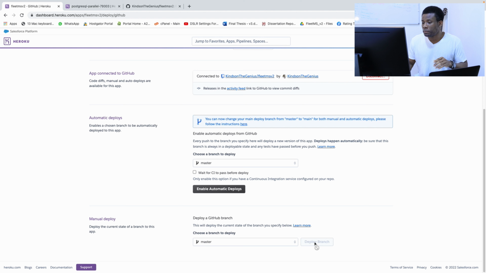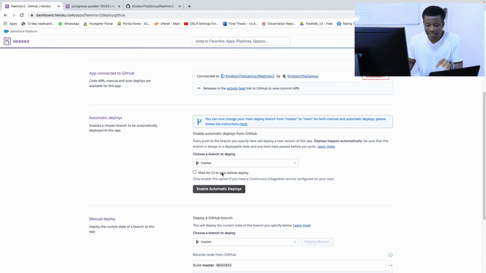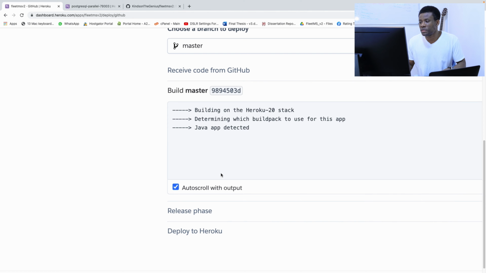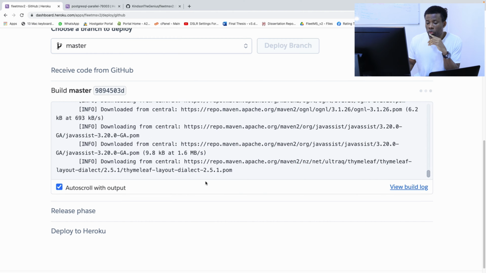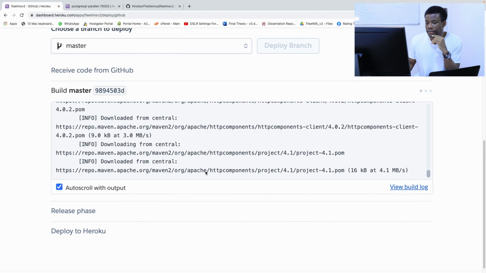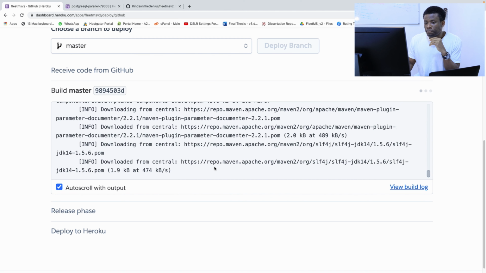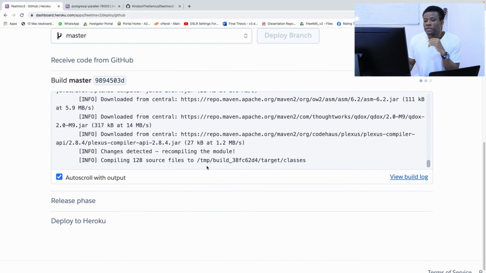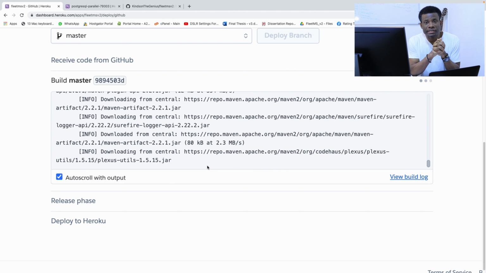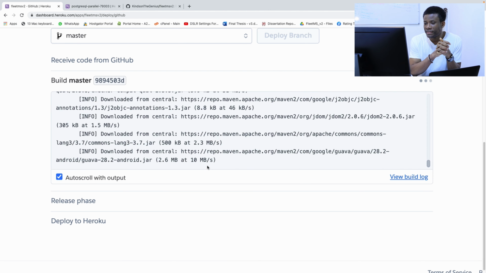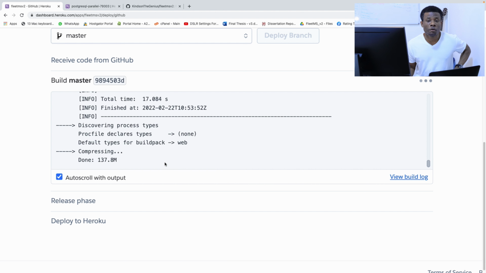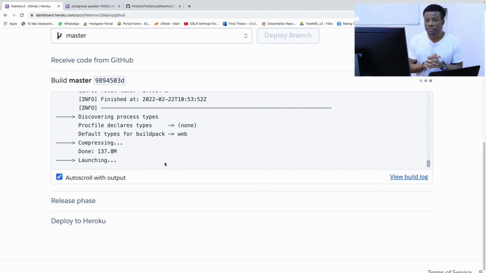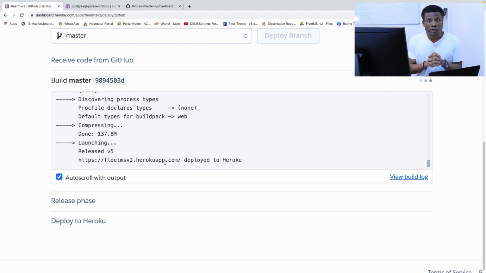So I'm going to click on deploy branch. Let's pray that this time it works, because it's really not so pleasant when you are doing this. It doesn't work. So let's see if the build works this time. Yeah, so it seems things are looking up a little bit. So let's see. It's still going. Compressing. So it's looking good. Compressing. It means that we actually solved this problem, and it says done, launching, and deployed to Heroku, as you